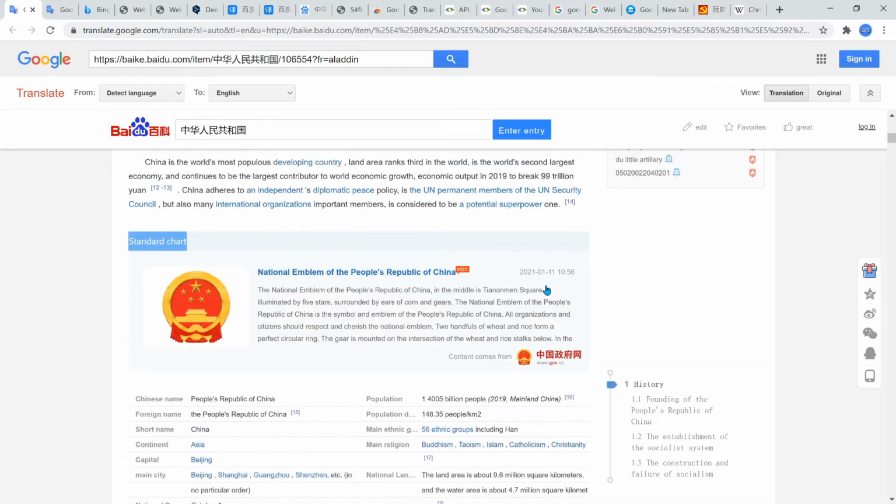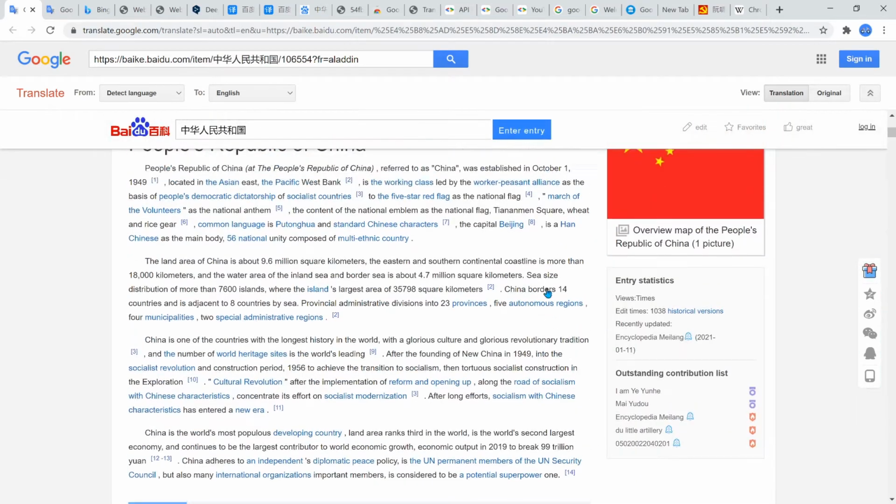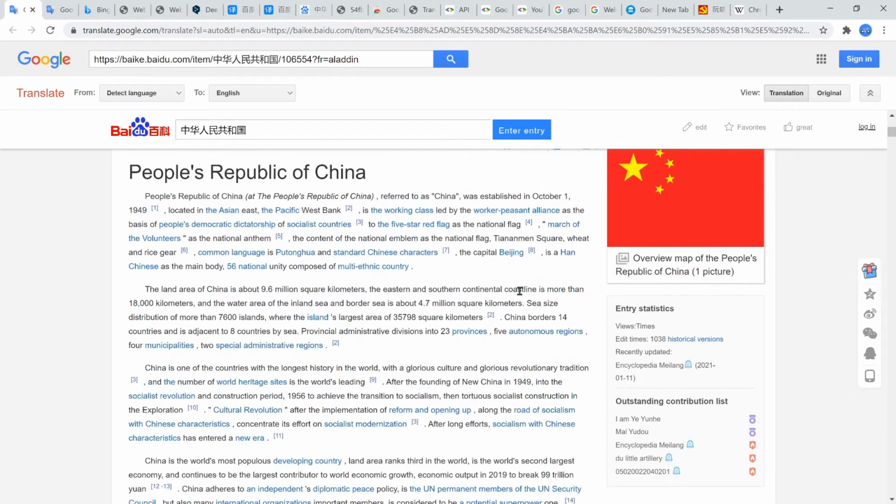But yeah, so that's one feature of Google Translation. Now, another feature I'd actually like to mention really quickly is